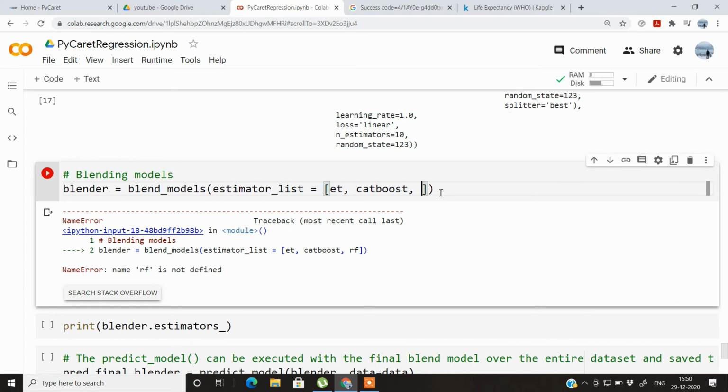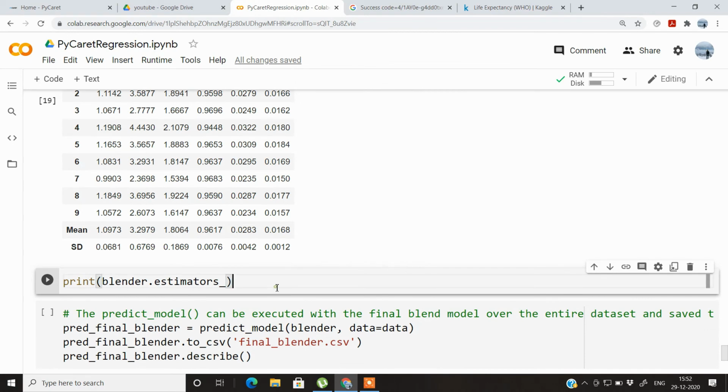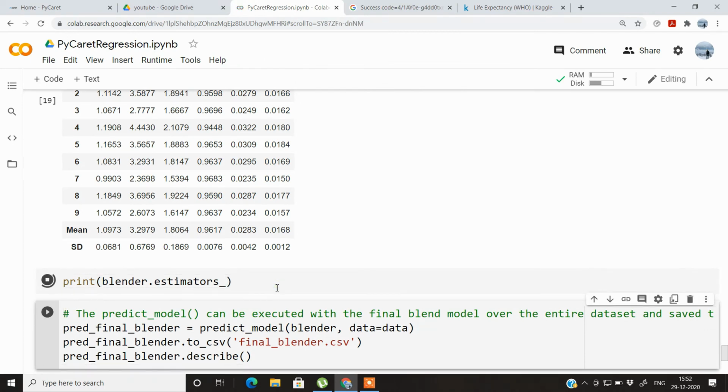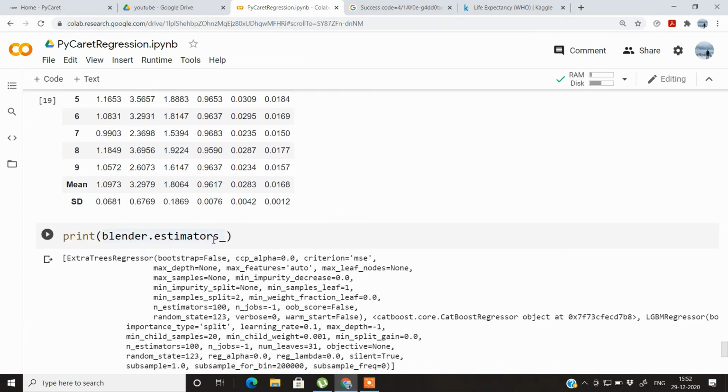So it's not random forest, actually it was light GBM. If you want more details about the Blender's estimators, we can get them using this internal method, estimators on the Blender object.